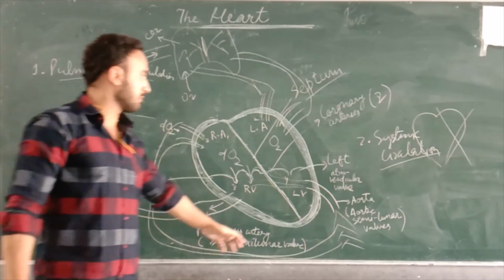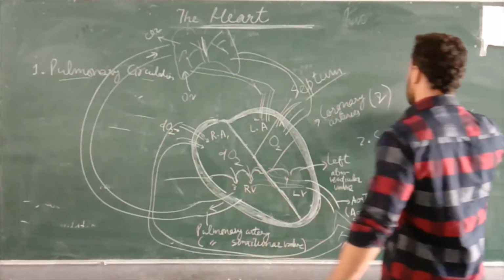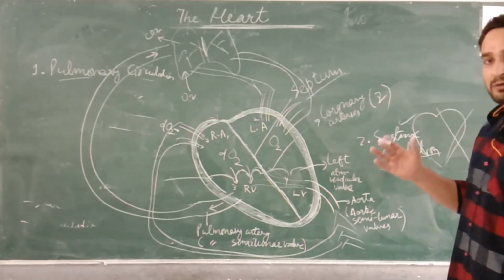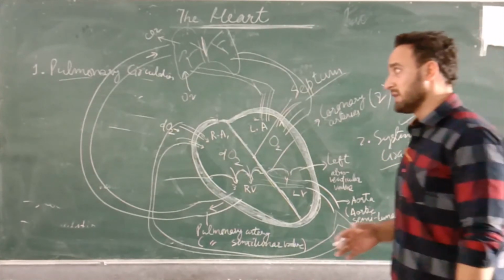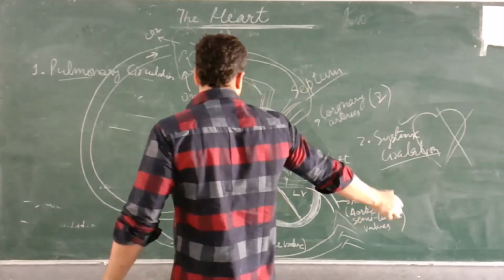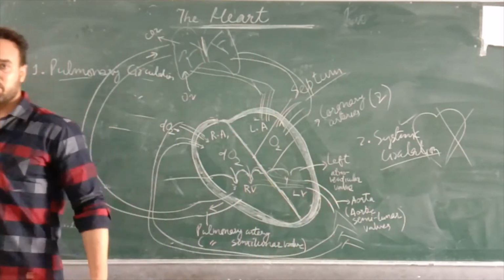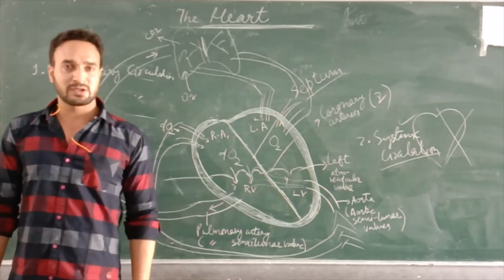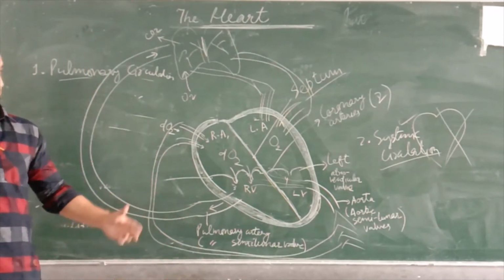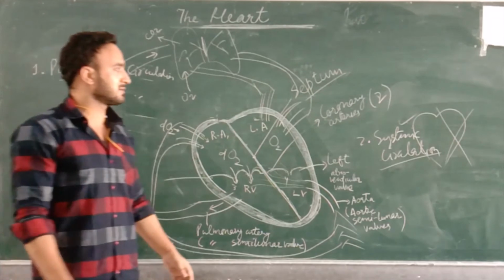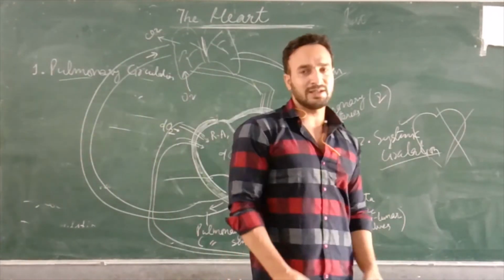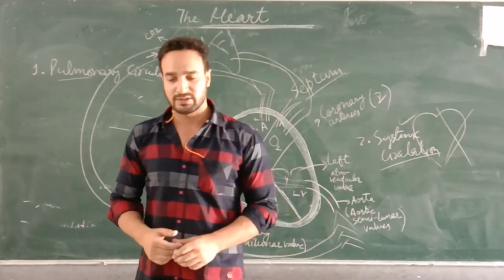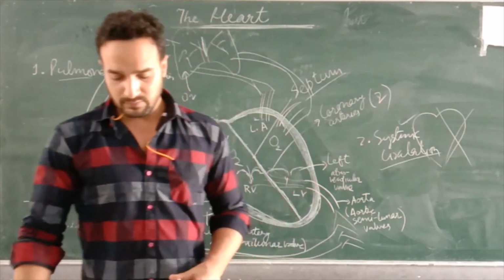So this circuit of blood is called the systemic circulation. Since we have two circuits of circulation in our body, one is pulmonary circulation and another is the systemic circulation. It's also called double circulation. Why double circulation? Because two circulations exist. Number first is the pulmonary circulation and number second is the systemic circulation. Right?